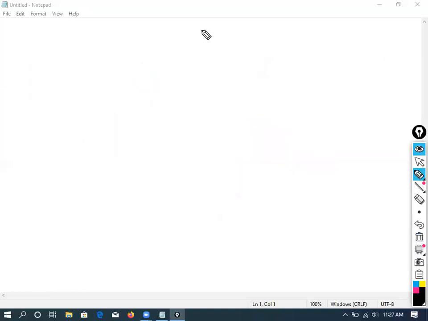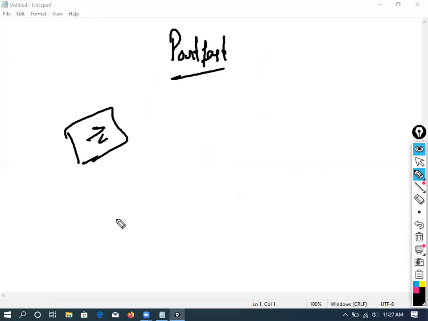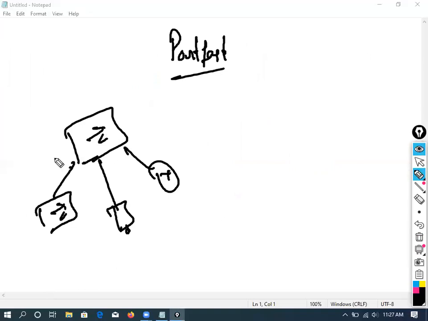Now the final one in this itself is known as port fast. It's very simple. What is port fast? I already told you, if you have a switch and you connect any device to the switch, maybe a computer, maybe a router, or maybe a switch, it takes up to 30 seconds to bring the link up. It takes a minimum of 30 seconds to bring the link up.